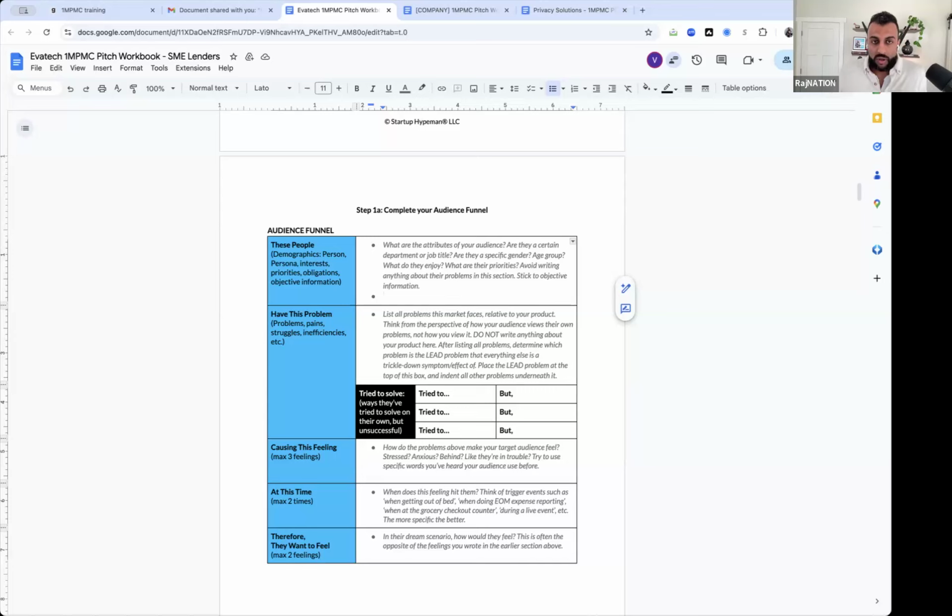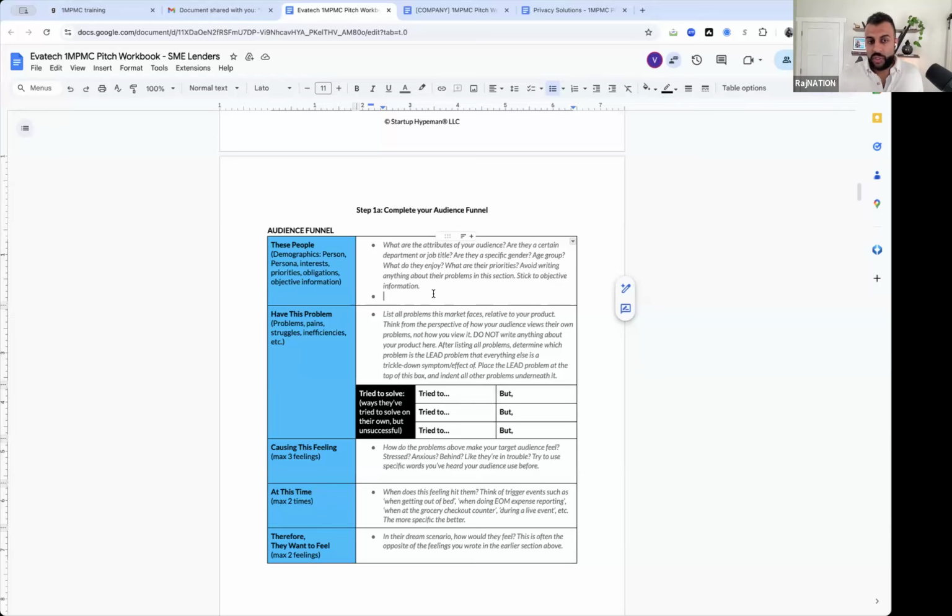So let's start, Jochen, with the these people section. These people is going to be the demographic information about this audience. So their persona, what are their priorities, their obligations. Think of this as the objective information. Things like, are they a certain department or job title? Are they a gender, if that matters relative to what your product is?